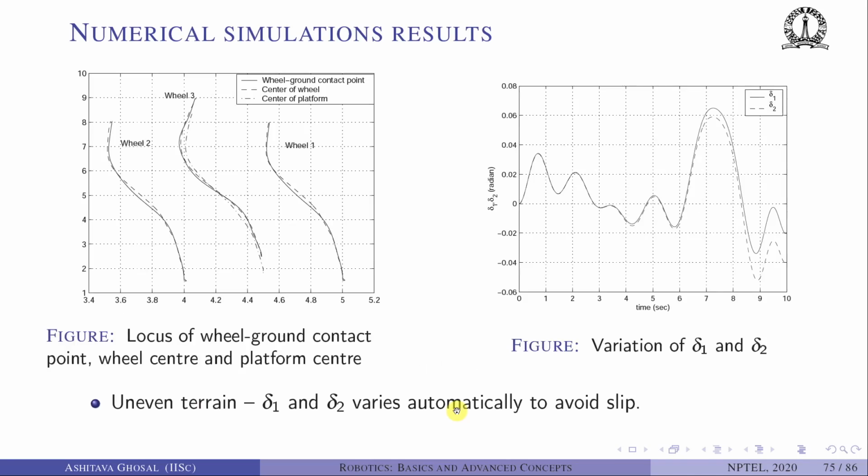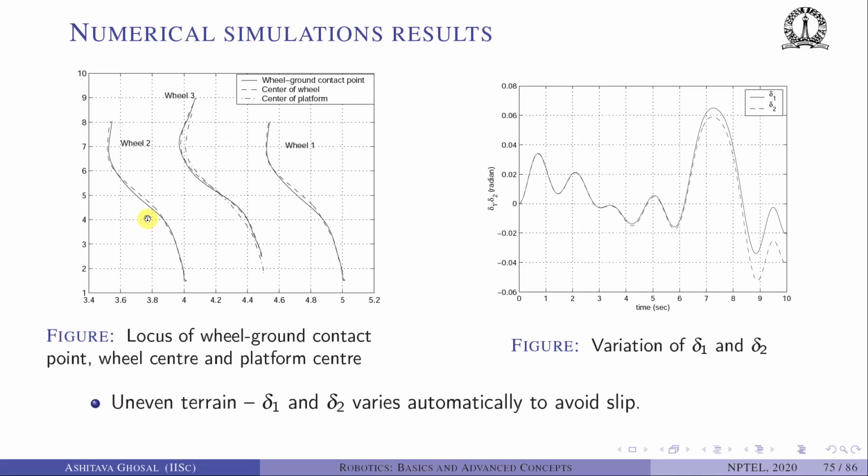So we can solve these 27 ODEs, and then we can plot what wheel 1 is doing, what wheel 2 is doing, and what wheel 3 is doing. Wheel 3 is the steering wheel. We can also see what the center of the platform is doing, again using this dot dash line. At the center of the wheel, and the wheel ground contact points are again different,